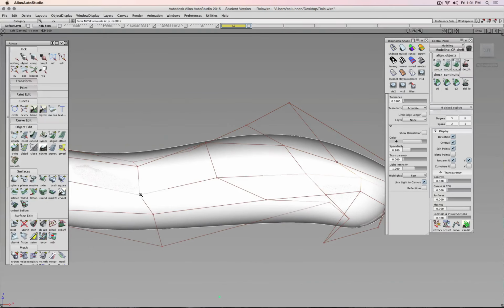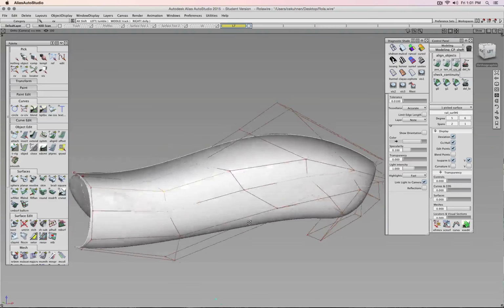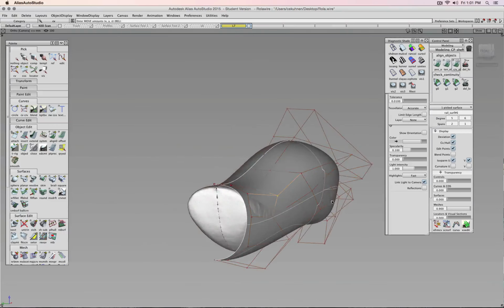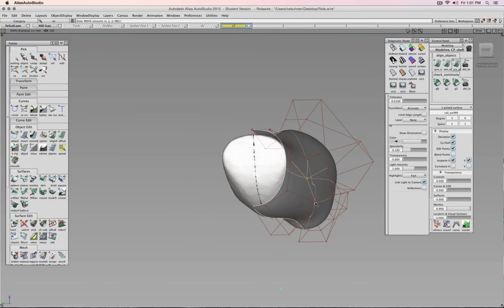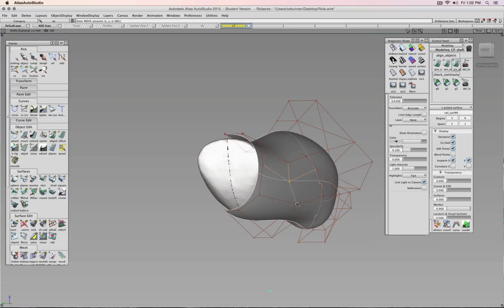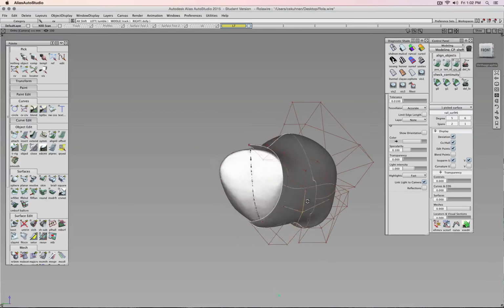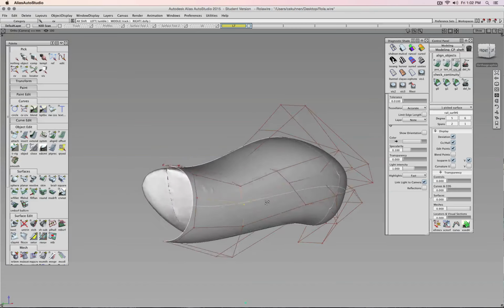And for example, what I'm trying to do here right now is see if maybe I can clean up this design a little bit more by bringing a little bit of order into the way those CVs are positioned. There. So now I'm getting closer to this scan data,